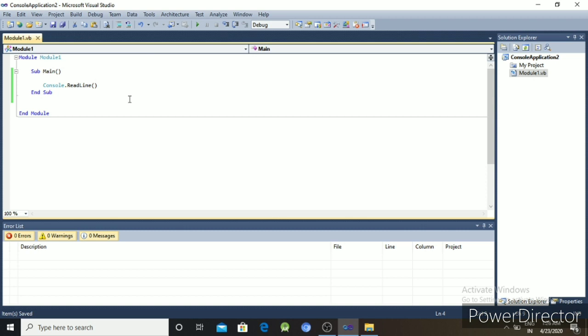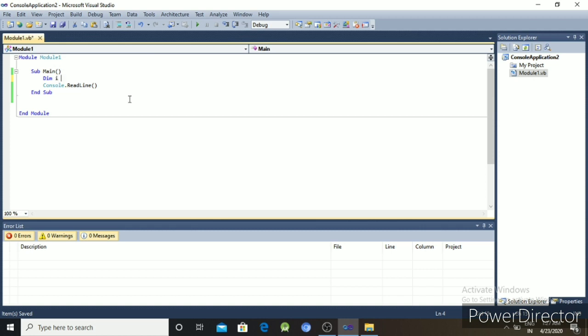Take an example of how the while loop works. In this program we are printing MCR 5 times using a while loop. So let us write the program.